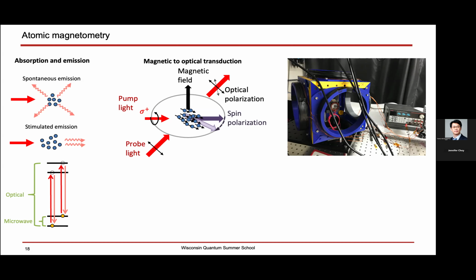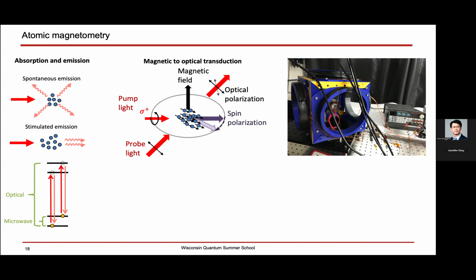So if you have a spinning top, is it going to precess the same way no matter how hard I push it? Most likely not, right? So here, that precession frequency that is experienced by the atomic spins is going to change depending on the strength of the field. And so if you're able to measure this precession frequency, then you have a way of transducing from that magnetic field to